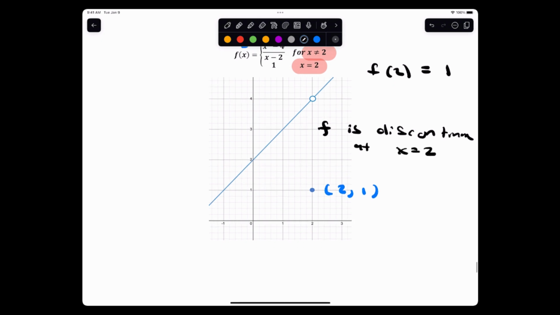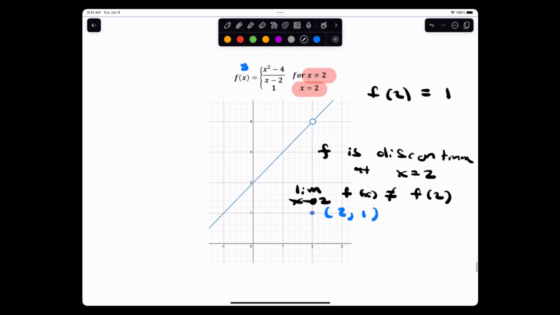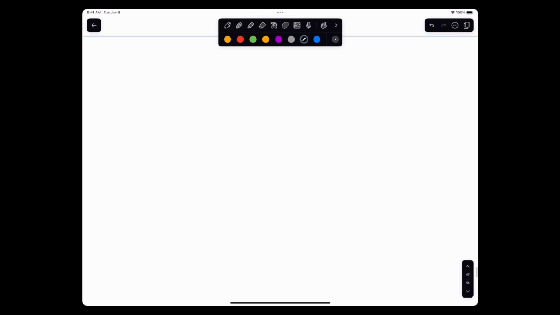Some people are going to say why. Because the limit as x goes to 2 of the function does not equal f of 2. That's why. They're going to ask you to explain why. That's it. So this is kind of a whole other set of questions that, you know,